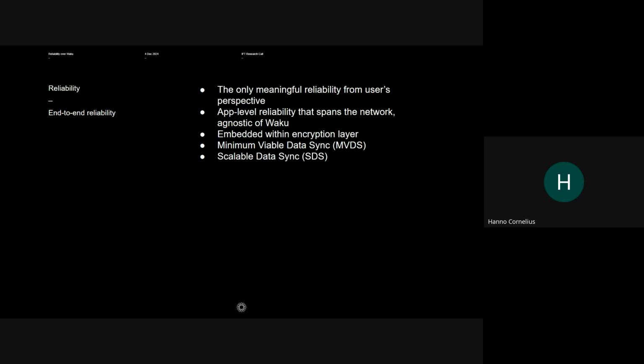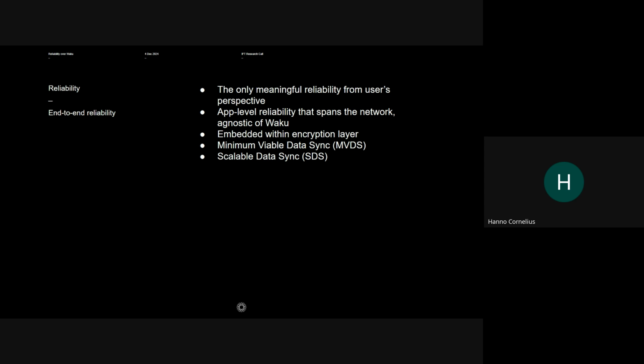In other words, end-to-end reliability is an app-level reliability that spans the entire network, and even the entry and exit points into the network, more or less agnostic of Waku itself, right? So for that reason, if you want an end-to-end reliability protocol, it needs to be embedded within the encryption layer of whichever application is using this.